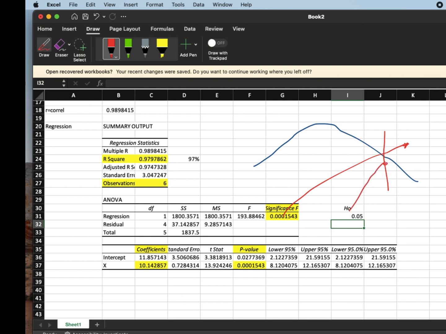So what are we going to do? Your null hypothesis will be rejected. Meaning to say, there is a significant relationship between the number of duty nurses and the